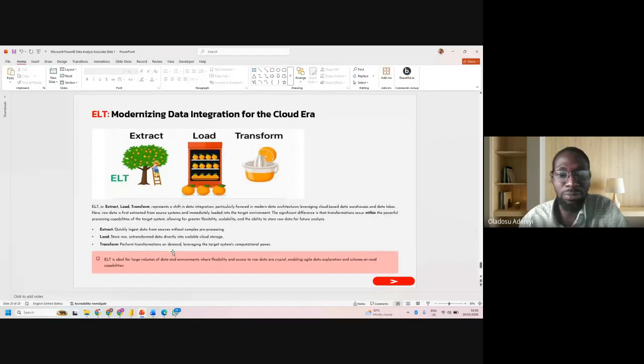Then ELT is where you do all your data cleaning, transformation, and formatting in Power BI directly. That means after you extract your data, you load it directly to Microsoft Power BI.